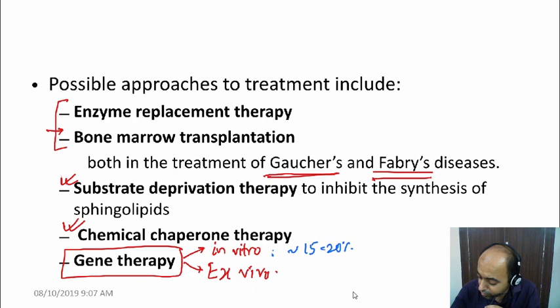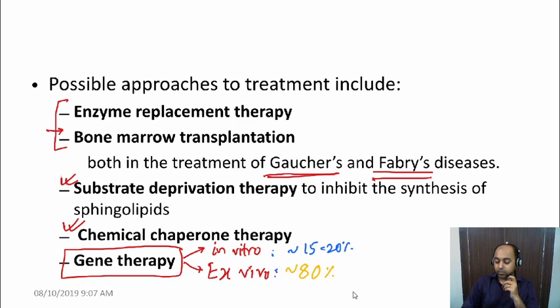Now you'll note we normally say in vivo. In vivo means inside the body. Ex vivo means you're going outside the body, but everything is occurring inside the biological cell. We are not doing it in a chemical system. We are doing it inside the biological cell. This is called ex vivo gene therapy. Ex vivo gene therapy has a much higher success rate after a single session. Approximately 80% success rate is there. Obviously, it is much more costly.